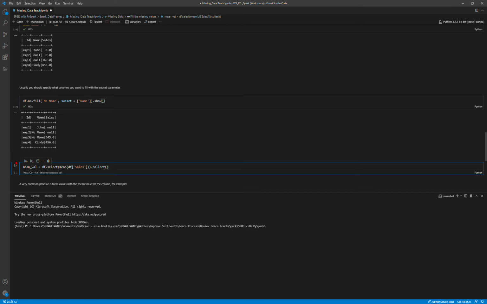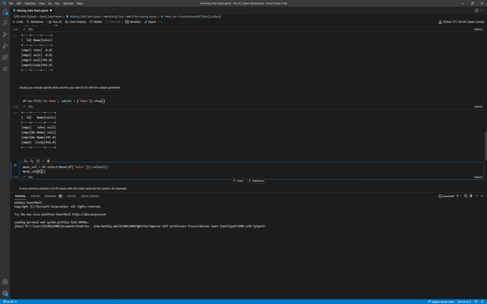Here we are calculating the mean of the particular column and storing that in a mean val variable. This variable will contain a row which still needs to be parsed to extract the value we are looking for. Mean val is stored as a row, and we have to extract that